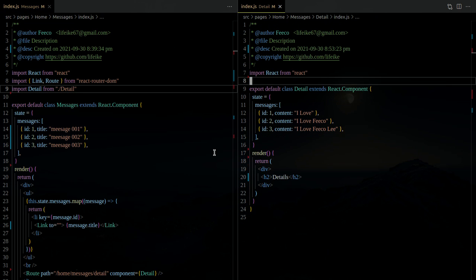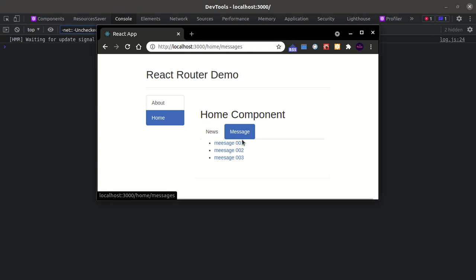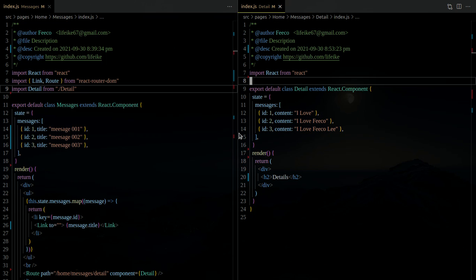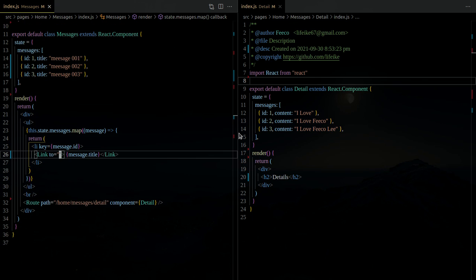And normally we split the index into each component, right? But in this case, I want to save some time, so I just put all the CSS in the bootstrap file. So, okay, message 1. Oh, so messages. It goes to direct, so there might be some typo here. Okay, so this part, it should be